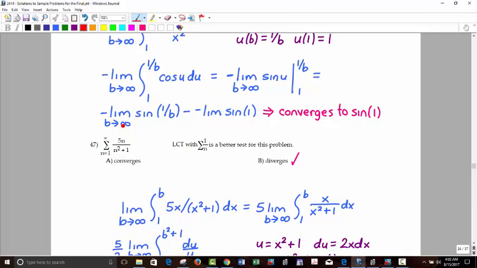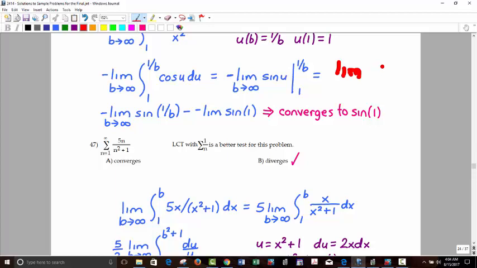So it's the negative limit as b goes to infinity of sine of 1 over b, minus the negative limit of sine of 1. Now one thing I didn't do here that I do a lot of times with definite integrals, I don't know why I didn't do it here, but I'll write it here so you can see it, is whenever I have a negative in front of definite integrals, it's usually my instinct to